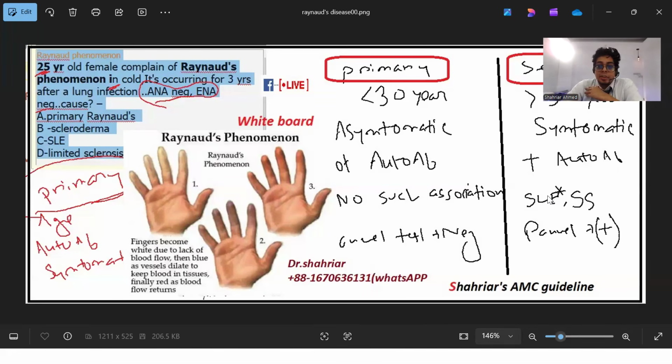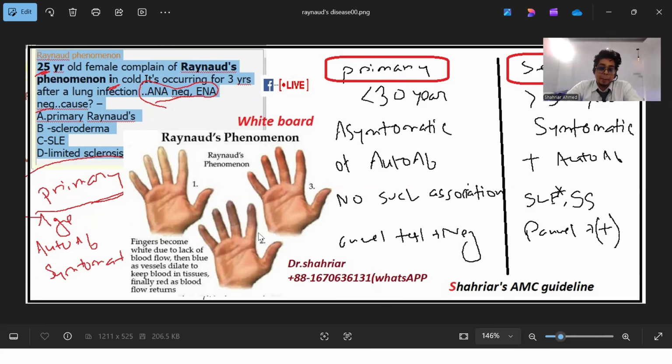Okay, not clear. Which part is not clear? Okay. This is the question. First of all, Raynaud's phenomenon: on exposure to cold, color changes in the skin. Coming to the next part, as you can see, 25 years, you have to remember the parameter. So 25 is less than 30 years, then the symptoms, there were no SLE symptoms, so it is asymptomatic. You see the antibody test, it is also negative. So in primary, it is also negative. Panel test, negative. Okay. So which box is it now clear? It is towards the primary. I hope it's clear now, dear doctor.